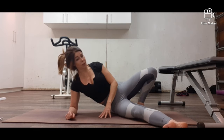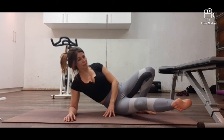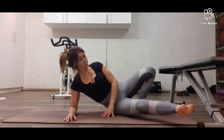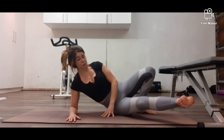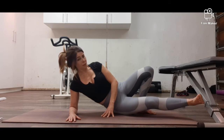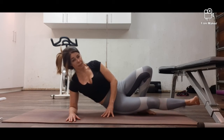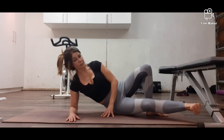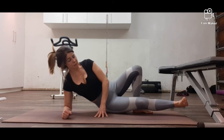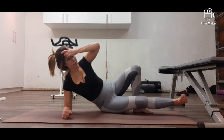So we're giving this leg a break, squeeze it up for 10, and working the inner thigh. 8, keep that side lifted, no collapsing. 5, 4, 3, 2, 1, take it back, and in line with the hip, squeeze for 10, 9, sorry I've got the pinch in the way, 8, so I'll move back a little, 7, 6, 5, 4, 3, so you should be under your chair if you're using